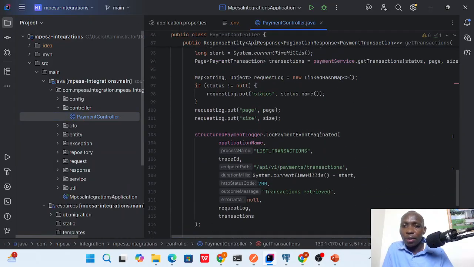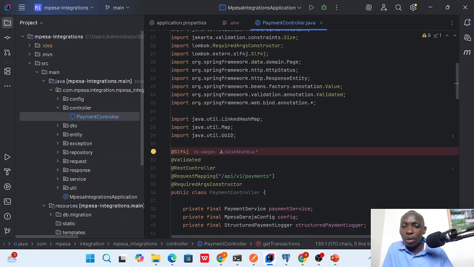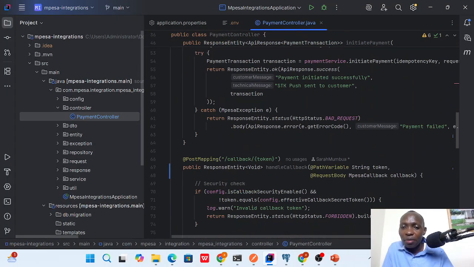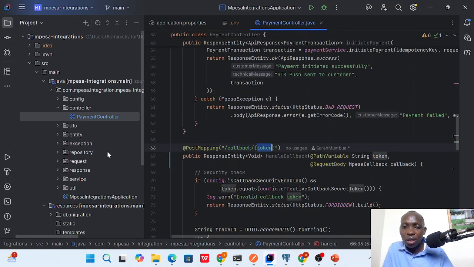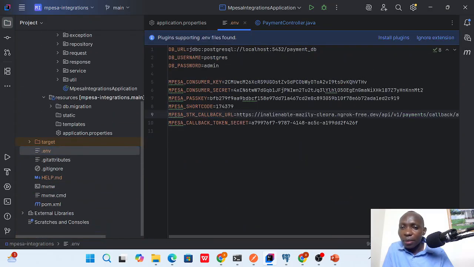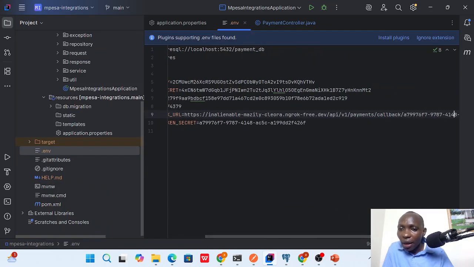For the callback, this is API v1 payments, callback, then token. That is why here I am saying /api/v1/payment/callback/token,